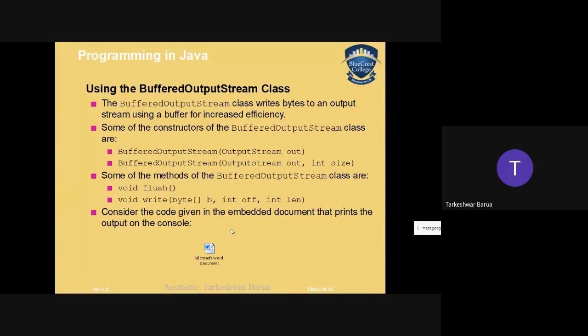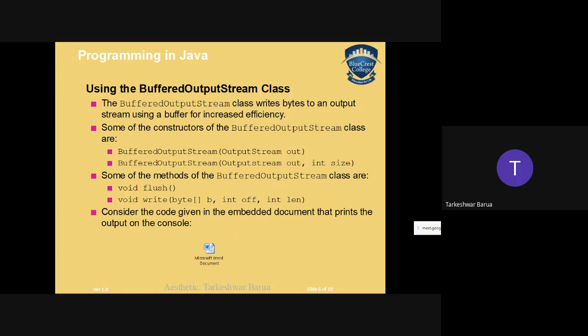Buffered output stream is similar to buffered input stream. Sometimes it happens your monitor is busy and your computer is continuously getting input. For a small period of time your screen may freeze. That time your CPU is collecting the data, memory is collecting data. Once it is prepared, it can be displayed on the screen.